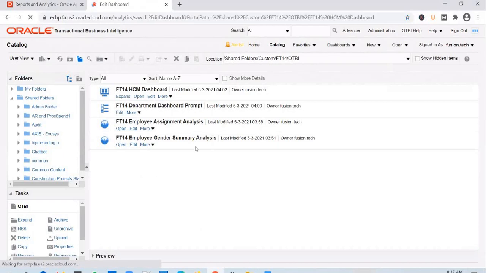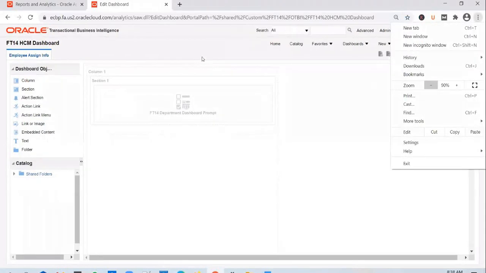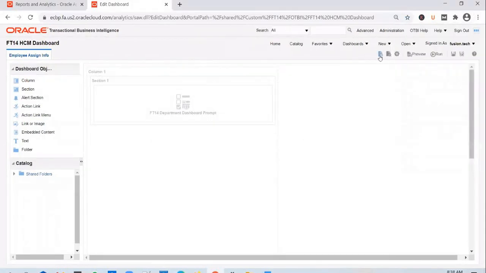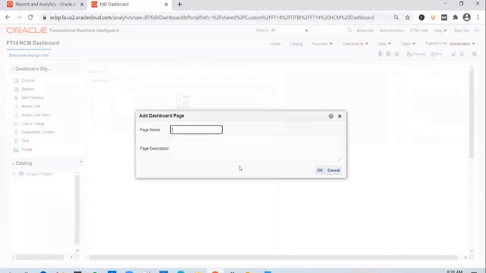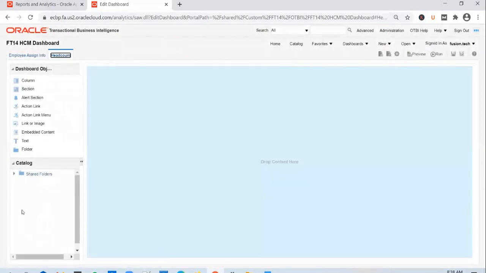Now let's see how to make some changes to the existing dashboard. Let's say, for example, you have created this dashboard. Well, let's add in another page here. Let's add another page and let's call it, say, headcount. And let's copy whatever was there on the headcount page in the line manager dashboard. So how do we do it?